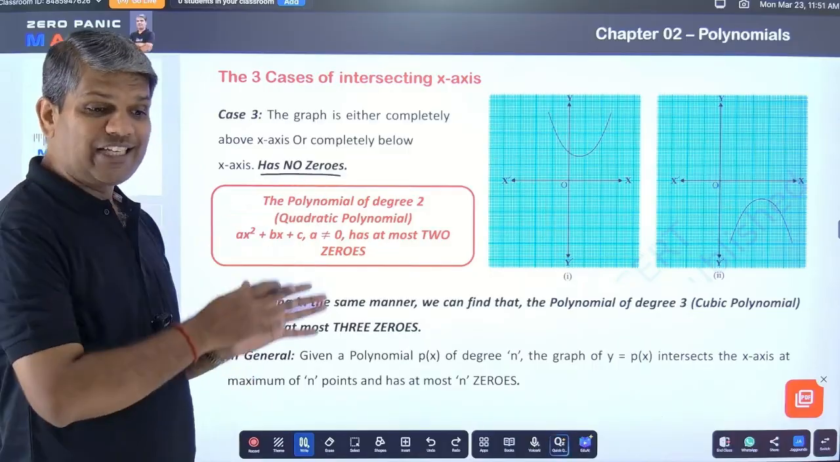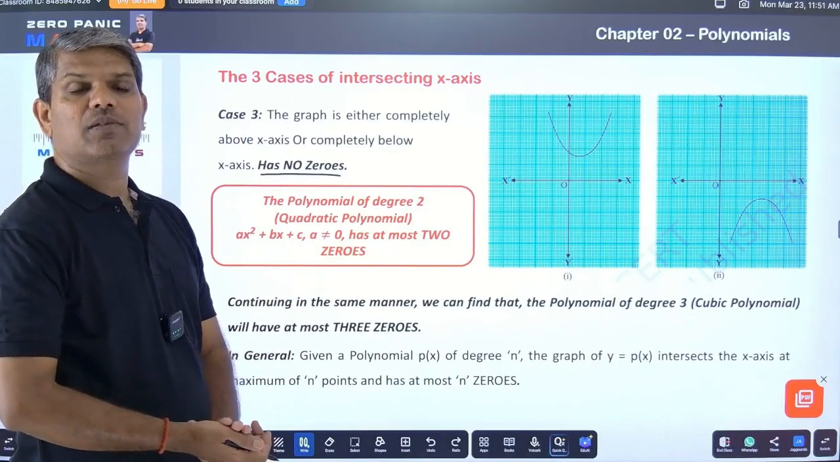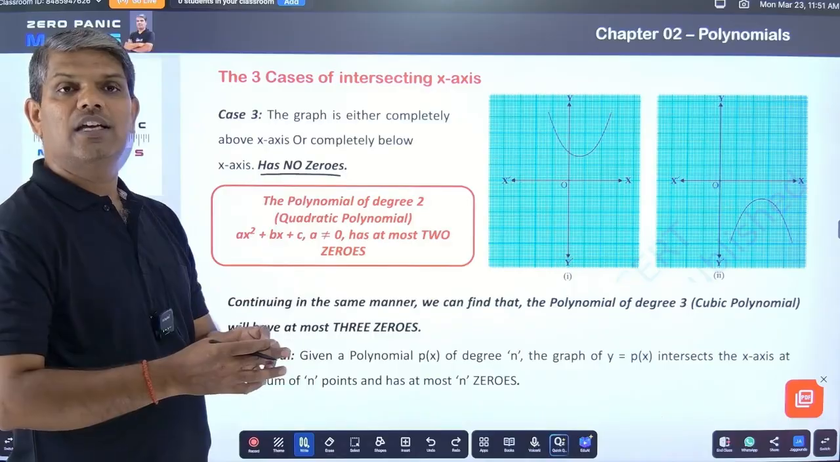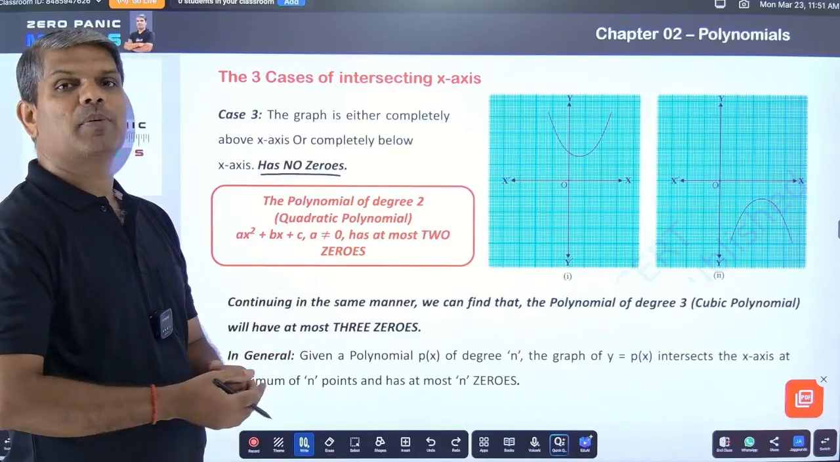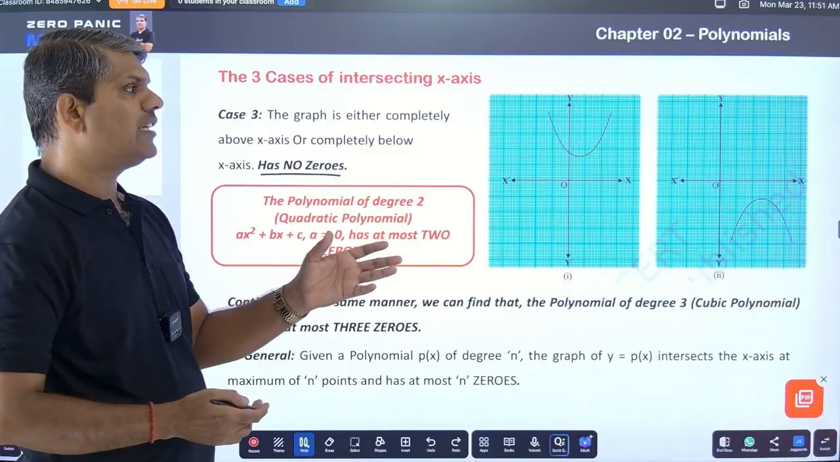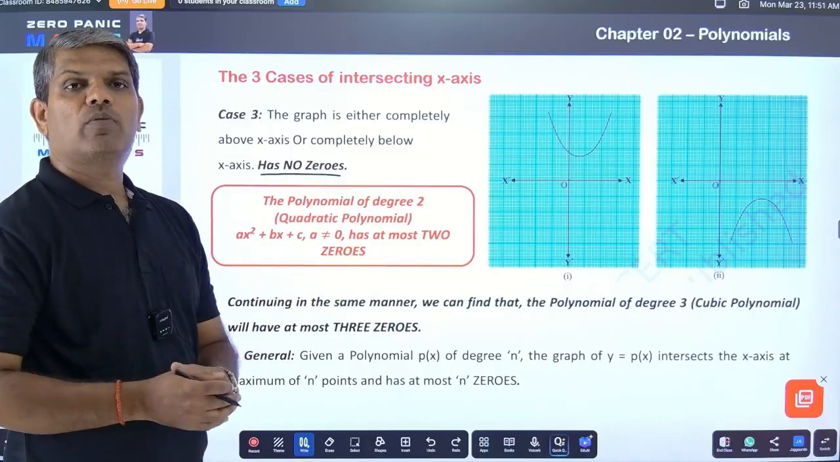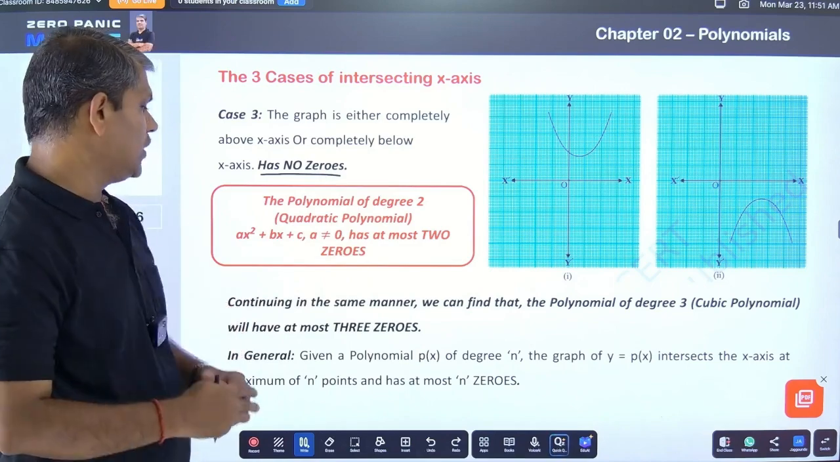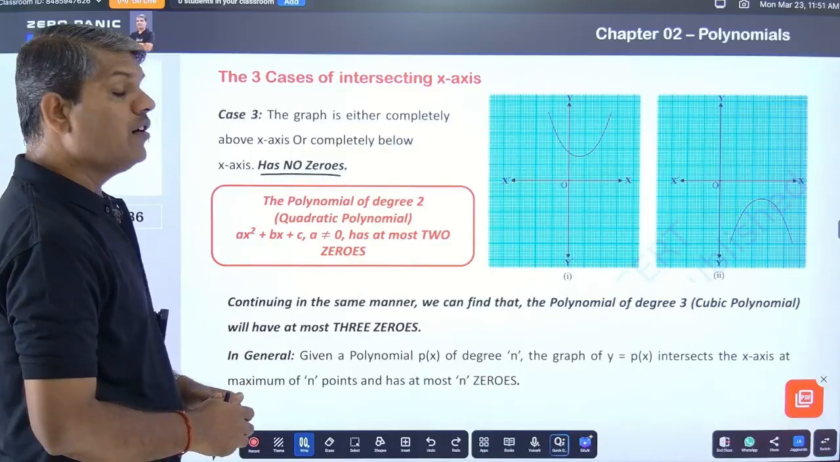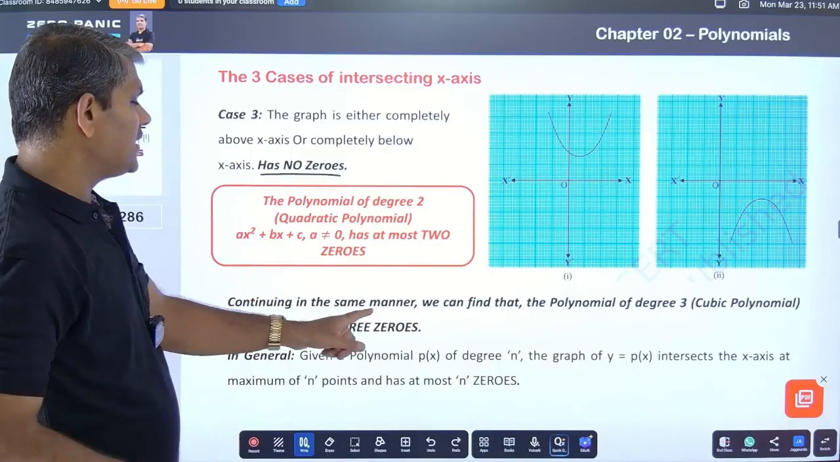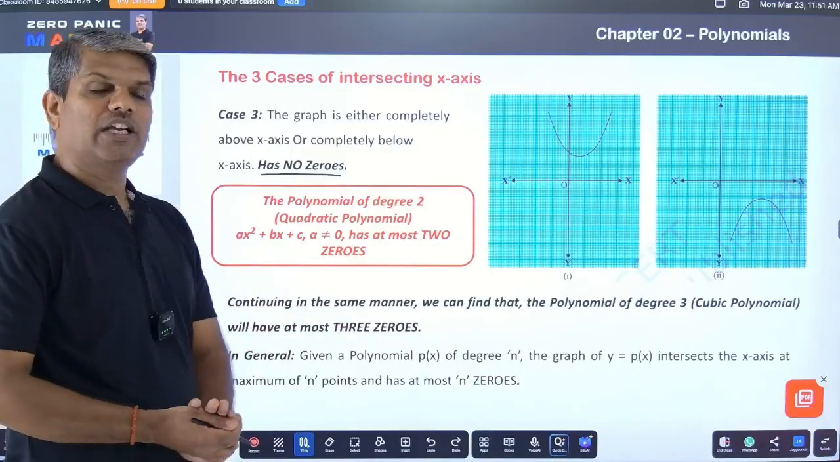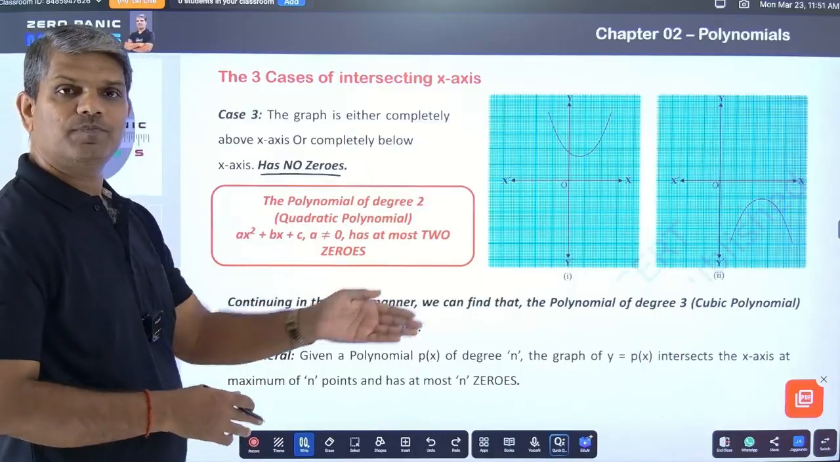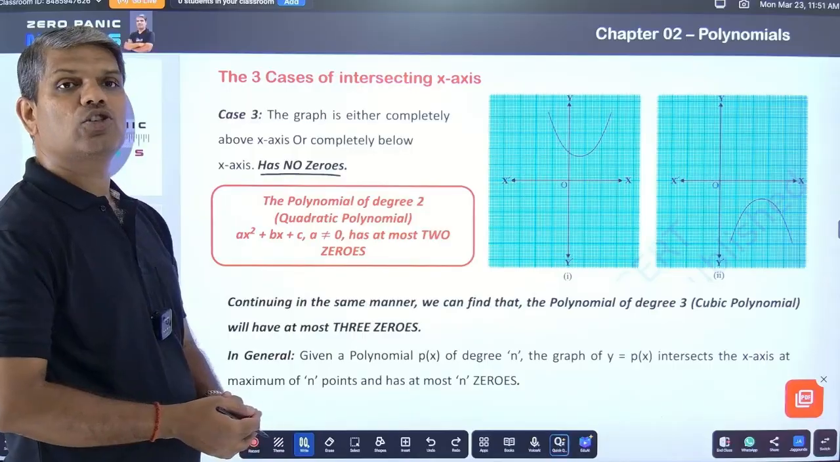Why have we seen all these cases? Because by all these cases, the graphical representation, we observed that the quadratic polynomial is going to have at most two zeros only. So finally, continuing in the same manner, by plotting the graph for the geometrical representation of